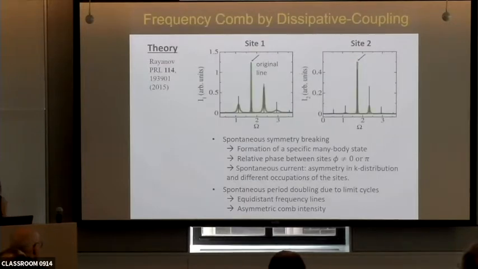The theory says that if you solve this model, it turns out it can reach a phase which corresponds to limit cycles that give us period doubling to produce those multiple frequency lines from the original two states. And there are some signatures of that, which is that it needs to have a non-trivial phase relation between the two sides that's neither 0 nor pi. And although equidistant, the frequency lines should be coherent with each other. And also they would have asymmetric distributions or occupations of those different frequency lines.